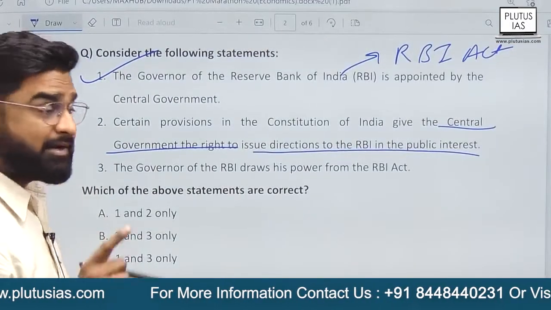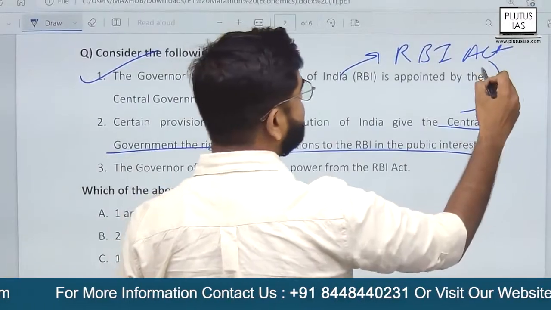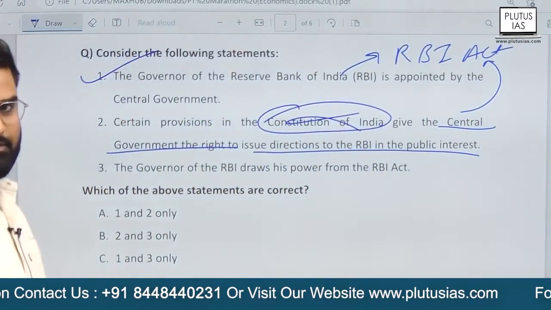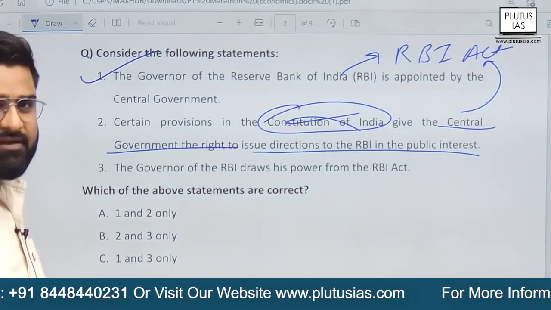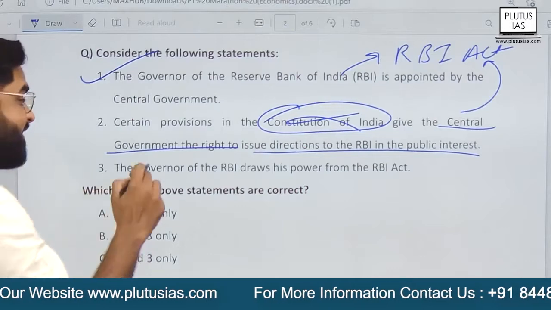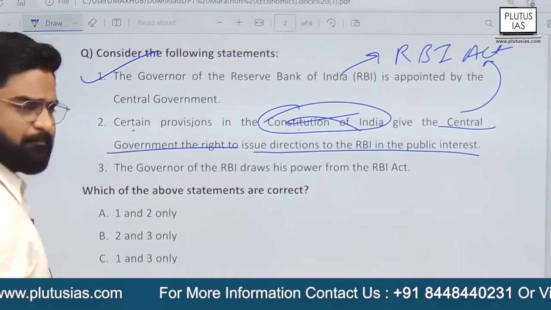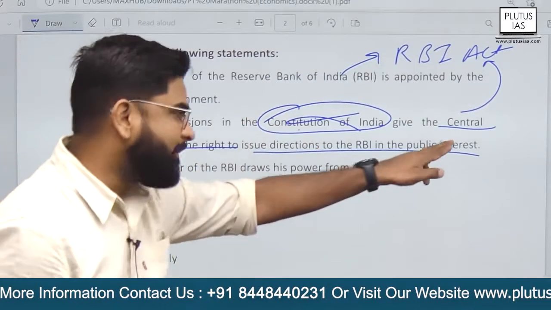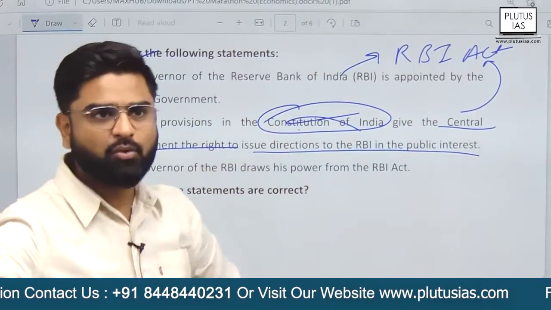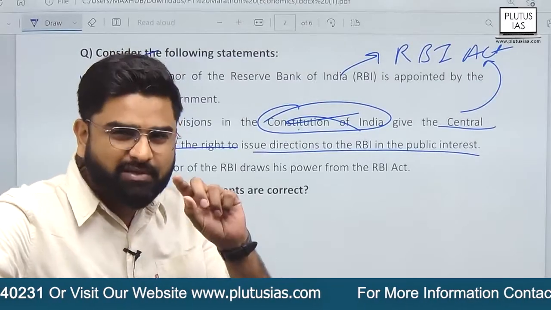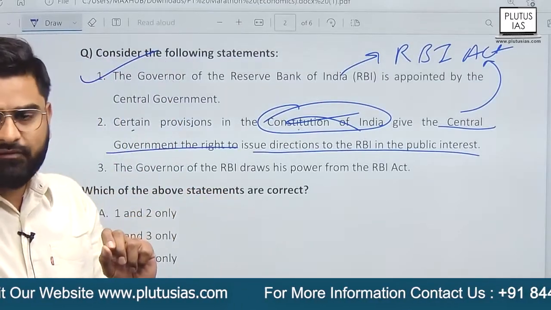Yes, it has the right, but it has the right under the RBI Act, not the Constitution of India. It has the right to give directive, but under the RBI Act, not the Constitution of India. So they are playing a certain provision; this was in current events a lot. So from current events you could recollect how the central government can give direction. I know this was an issue debated in media channels. I saw that debate, but there you missed the crux, whether it is under the Act of RBI or the central government,